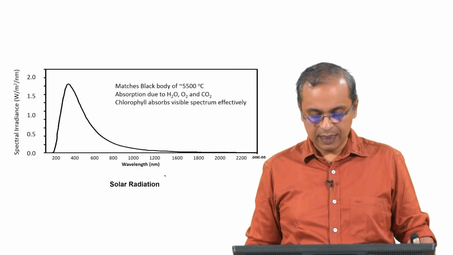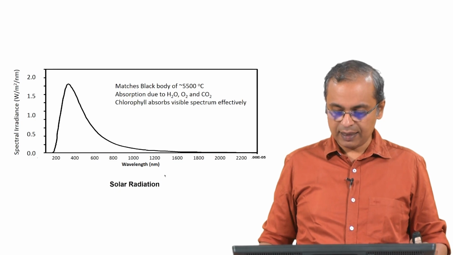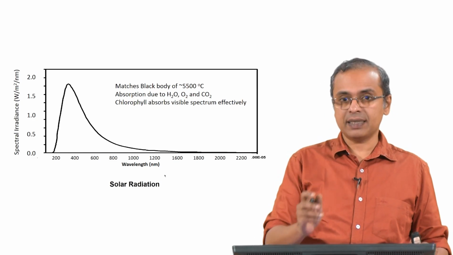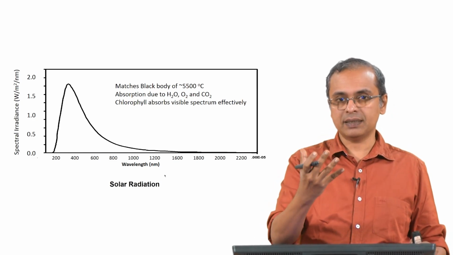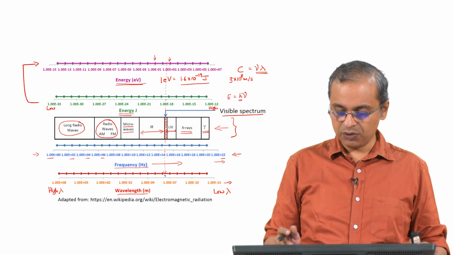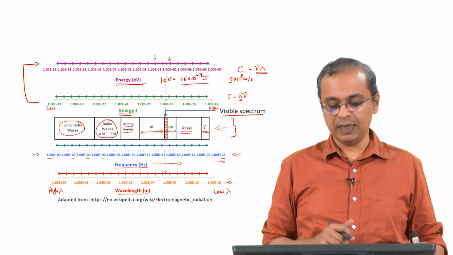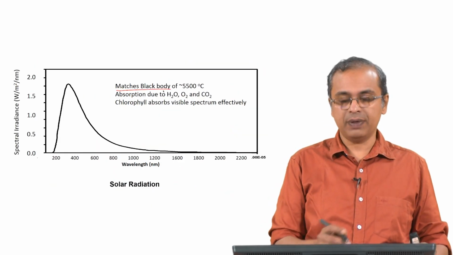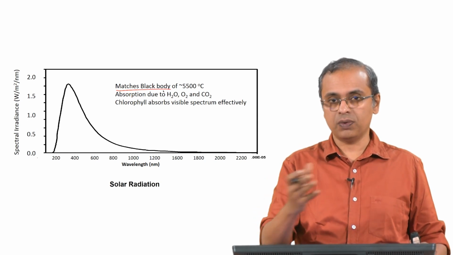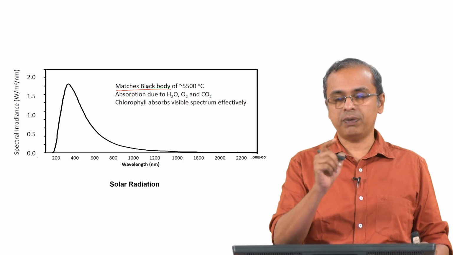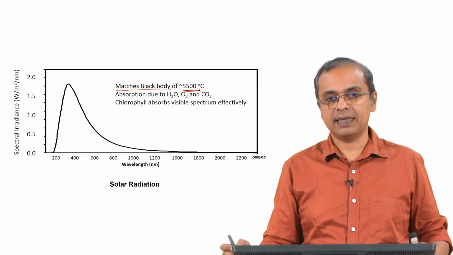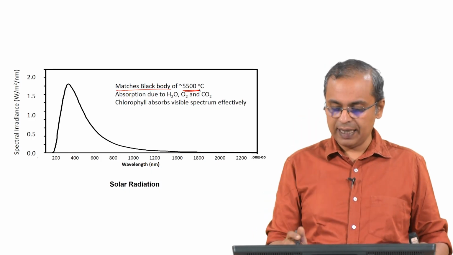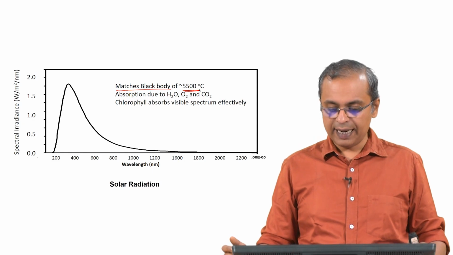More specifically, we will look at those two values in just a moment, but what I wanted to also highlight is the fact that the solar radiation, the radiation that is coming from the sun, which has this range of spectrum, but the visible spectrum is what we tend to see the most, has a set of features for its spectral distribution which matches that of a black body of temperature roughly about 5500 degrees C. That is the temperature of the surface of the sun. So, what you see as the surface of the sun has a temperature of about 5500 degrees C,